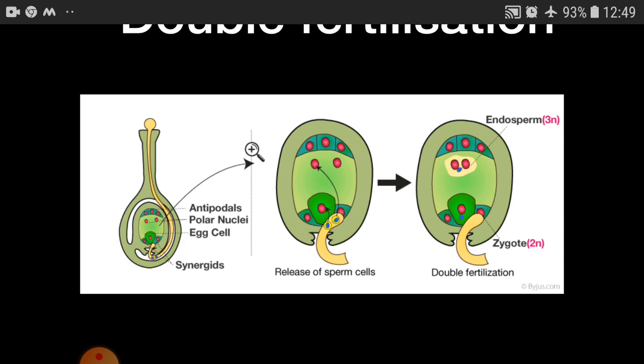Why and how it will accept or reject depends on a number of factors, and that is known as the pollen pistil interaction, and if it accepts it, then there will be growth of the pollen tube and then the fertilization. So this is what we are going to study now. Please be attentive. So fusion of the male gamete with the female gamete, that is the egg, to form a diploid zygote within the embryo sac, which is also called the female gametophyte, is what is known as fertilization.